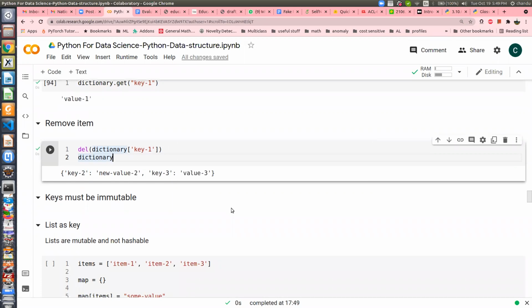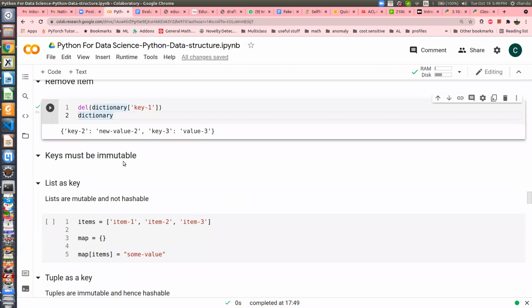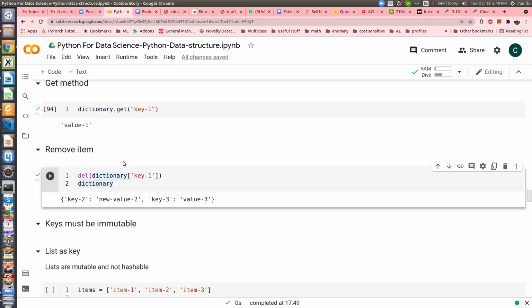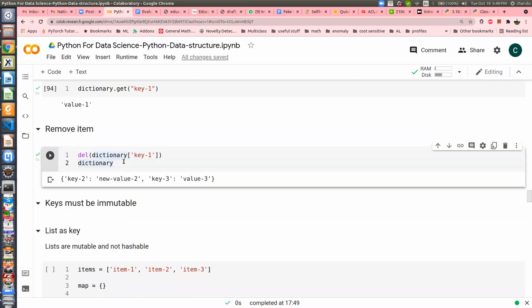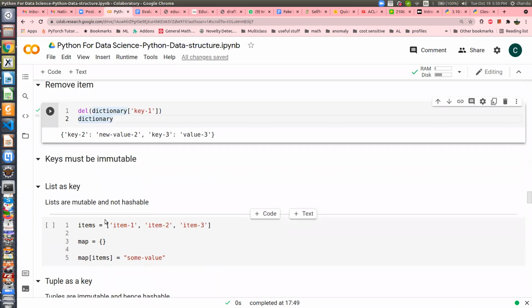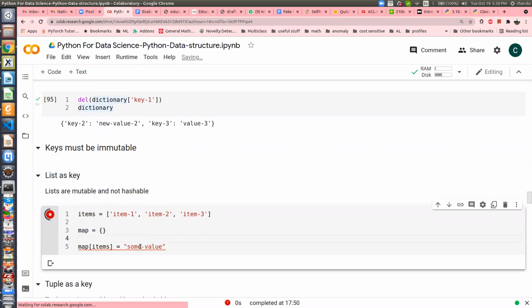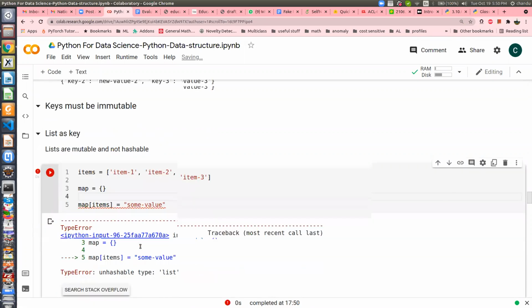Keys, this is a very important thing, people. Keys in a dictionary must be immutable. This is where you should be careful. That means a list cannot be used as a key, because lists are mutable, you can change them. See here what happens. You are getting an error, right?